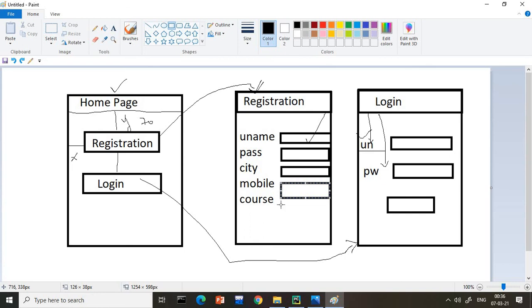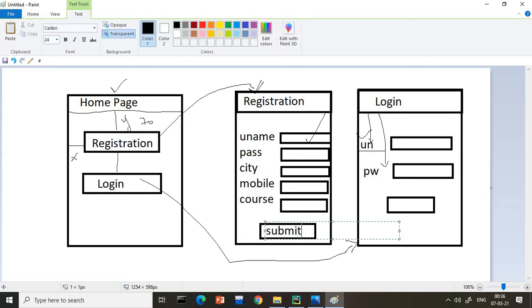These are the text boxes we have, and lastly we will have the submit button. When I submit this data, you have to read it and print it in this format.